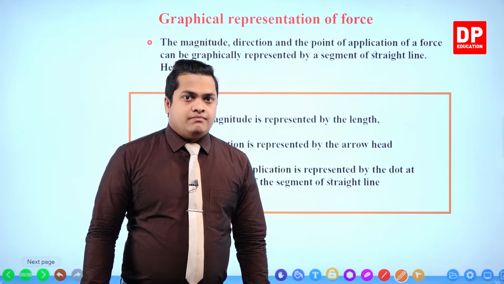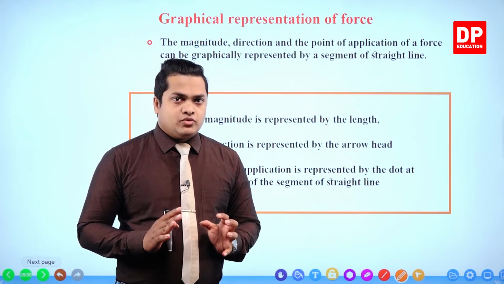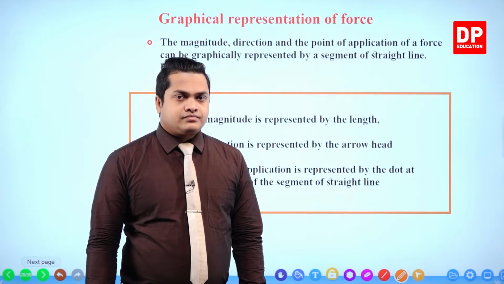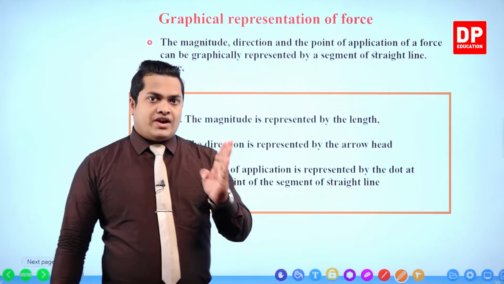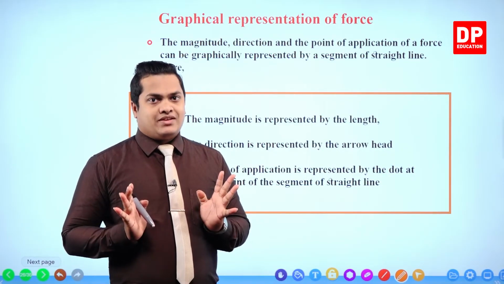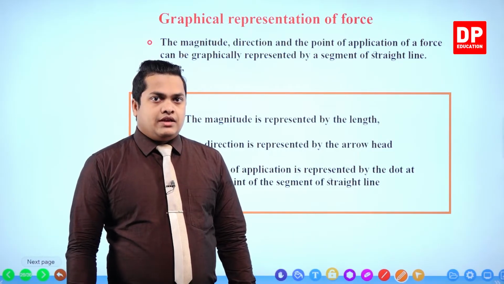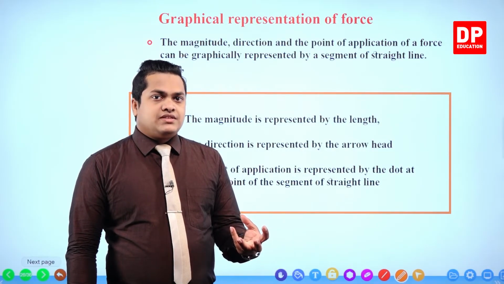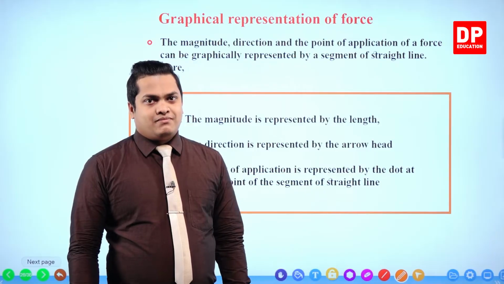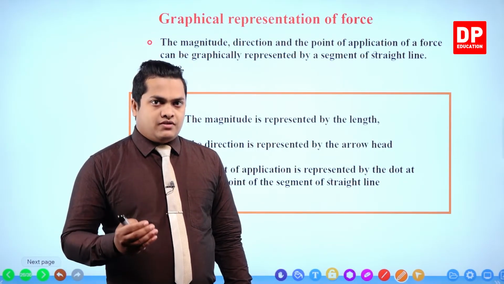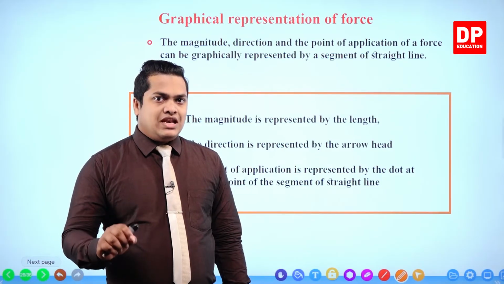Magnitude being represented by the length means that we are drawing a scale diagram. We assume that 1 Newton is equal to 1 centimeter, and that way we draw it to a scale. Then 5 Newtons is equal to 5 centimeters. That way we represent the magnitude of the force by using the length